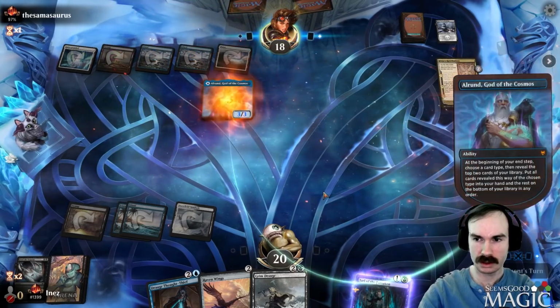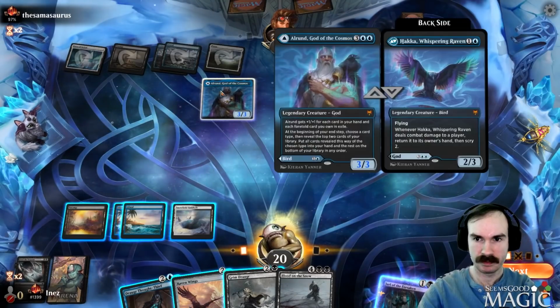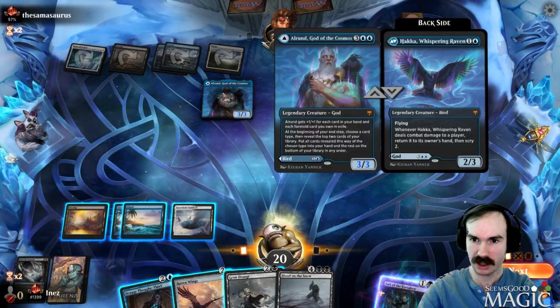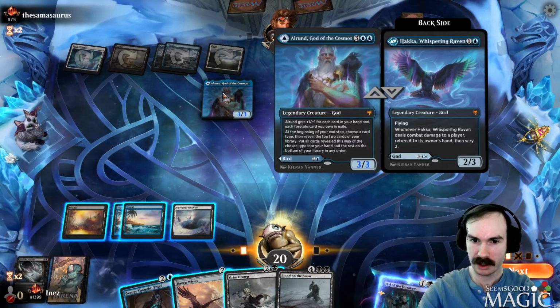All right. Well, it's going to be a little bit challenging. Let's see. Yeah, how does this work? Card in your hand, each foretold card you own in exile. So it's 3/3. At the beginning of your end step, choose a card type, reveal the top two. Put all cards revealed this way of the chosen type in your hand, the rest on the bottom of your library in order. So you'd probably just name like